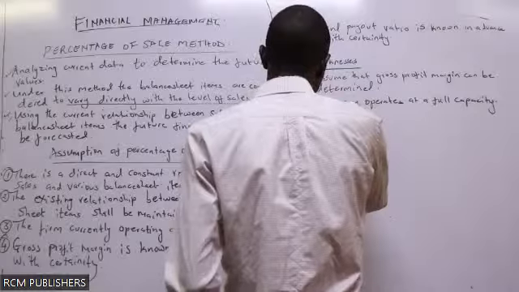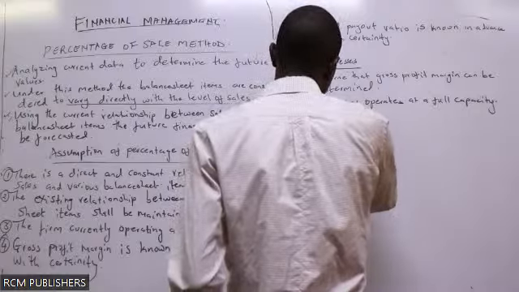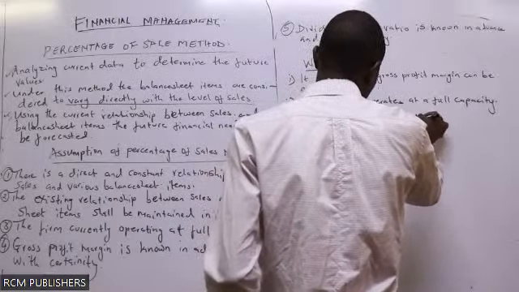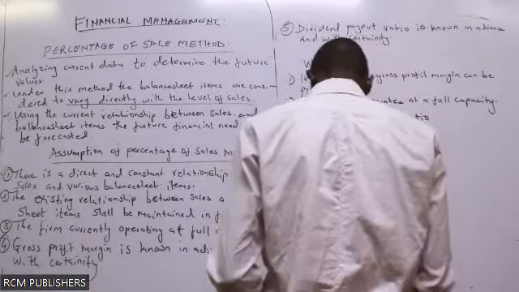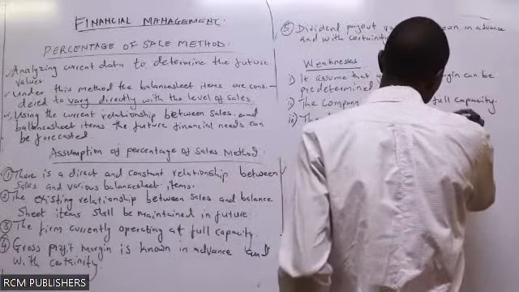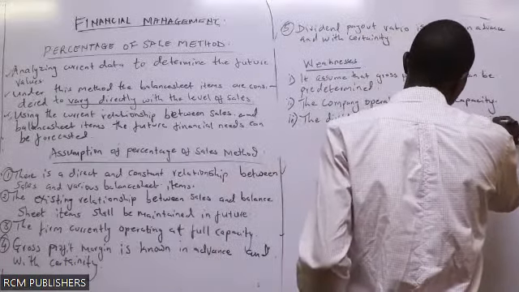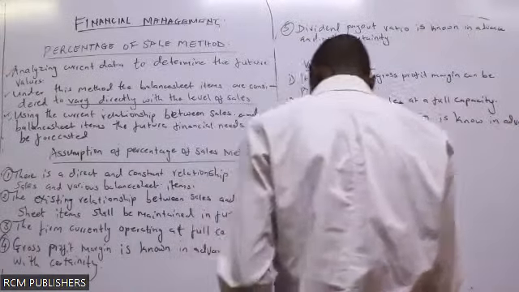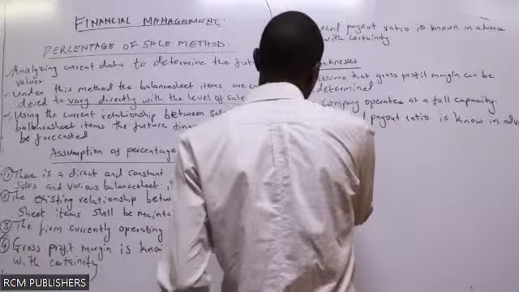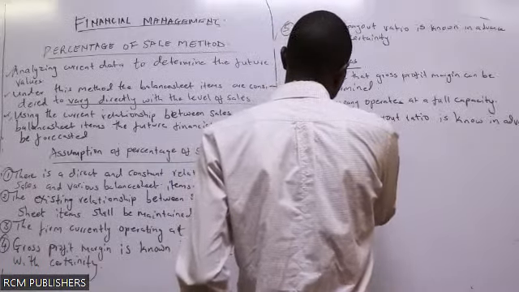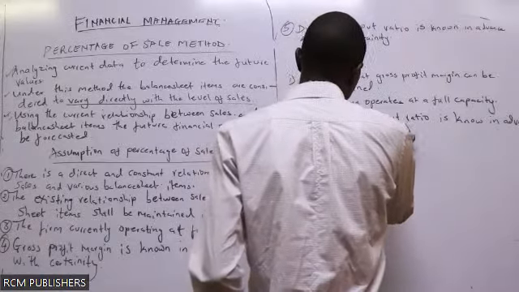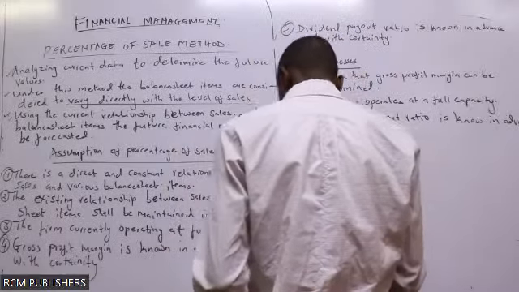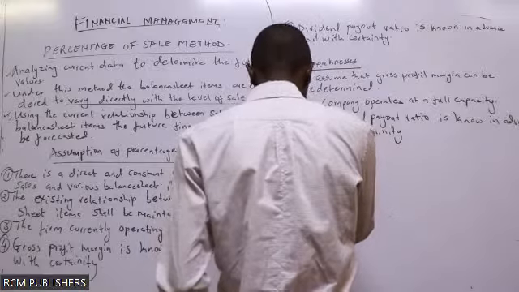The dividend payout ratio is known in advance and with certainty. Number four, you can say that the existing relationship